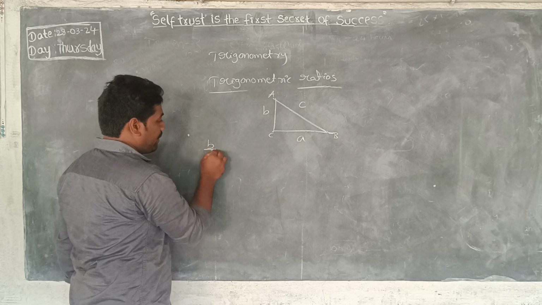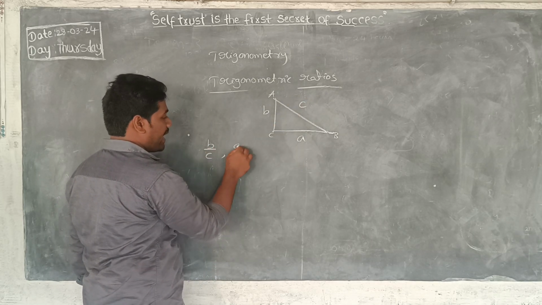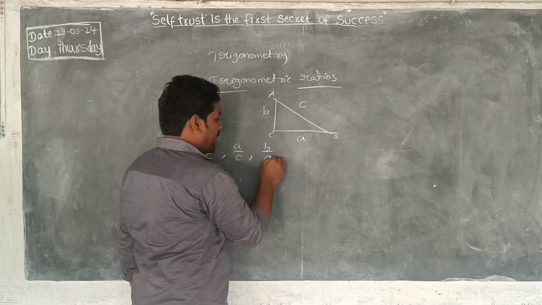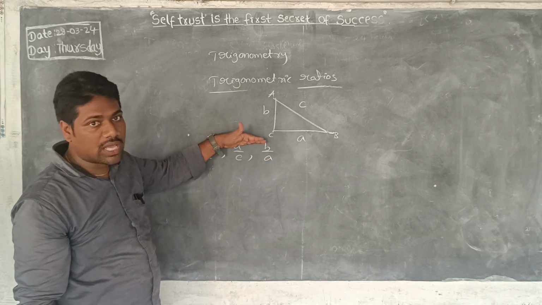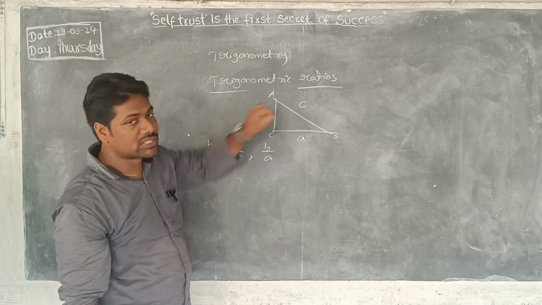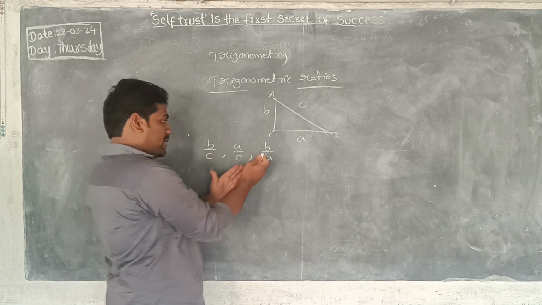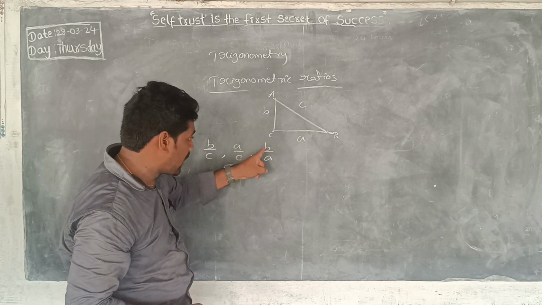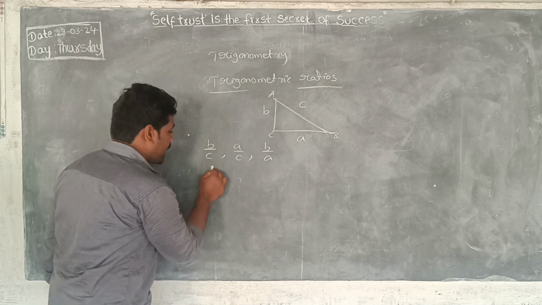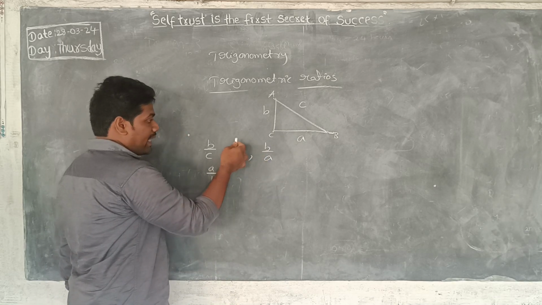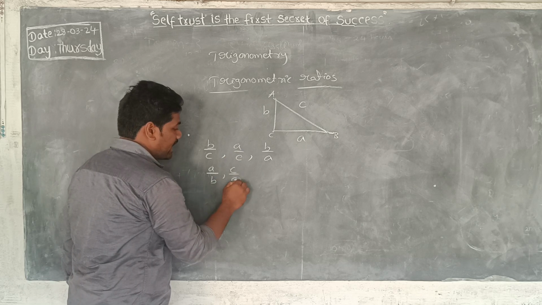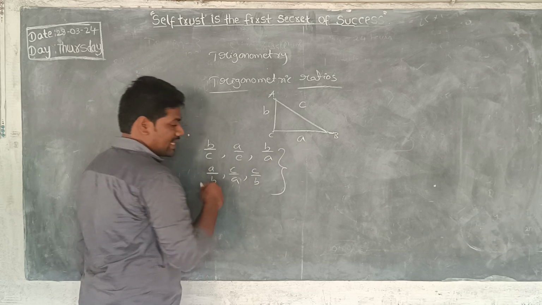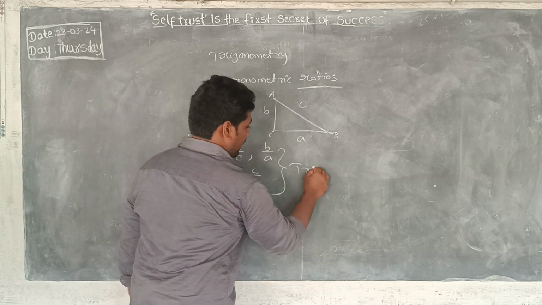See, B by C is one ratio and A by C is one ratio and B by A is one ratio. These 3 ratios are called the primary ratios of this triangle. And by using these primary ratios we have to do the reciprocal of these ratios. అంటే ఇప్పుడు మనకి reciprocal, అంటే B by A కి reciprocal ఏంటి? A by B. అలాగే A by C కి reciprocal ఏంటి? C by A. B by C కి reciprocal ఏంటి? C by B. ఈ 6 రేషియోని మనం ఎలా పిలుచుకున్నామంటే trigonometric